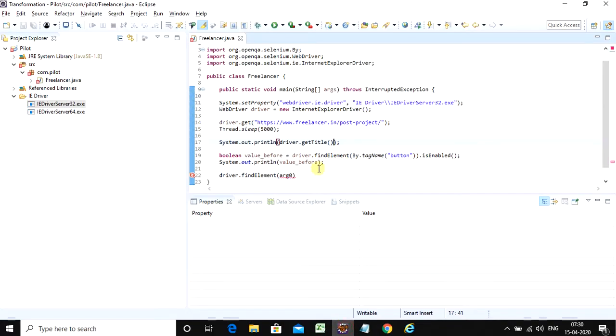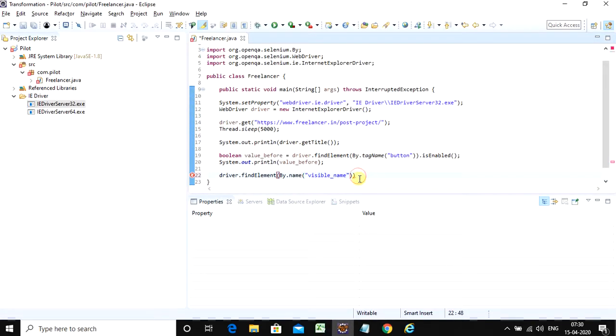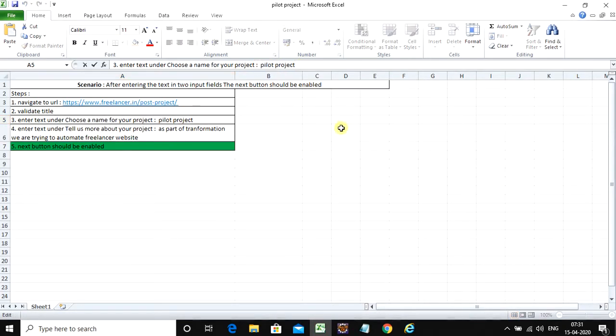We will call find element by name and give the name attribute value here. We will call the sendKeys method and we'll pass the pilot project as an input string.